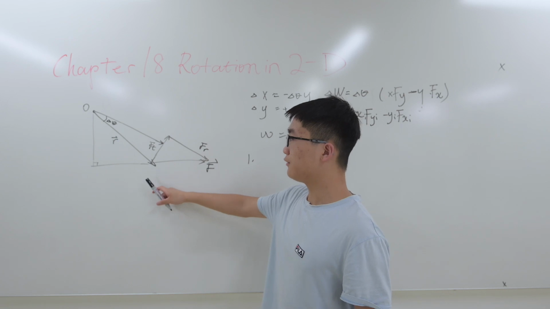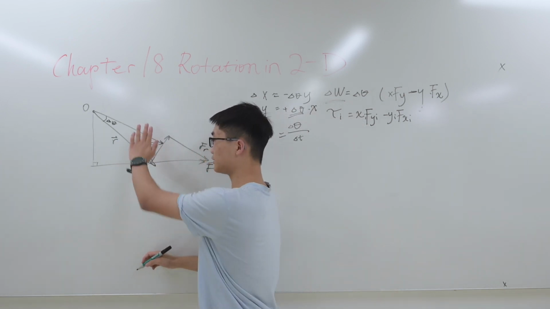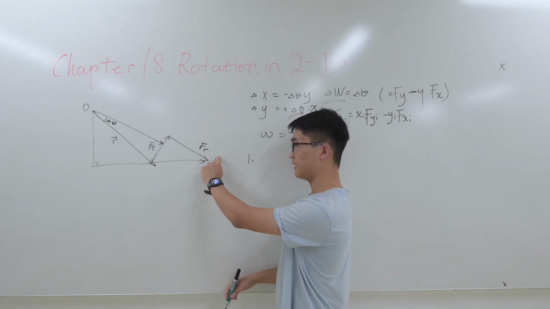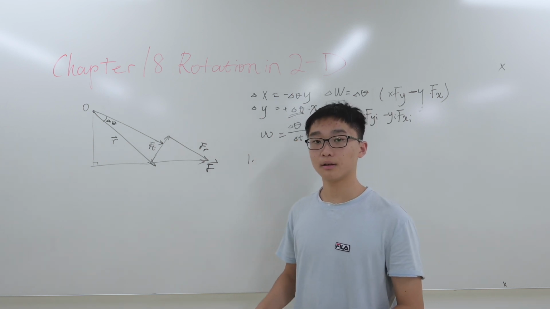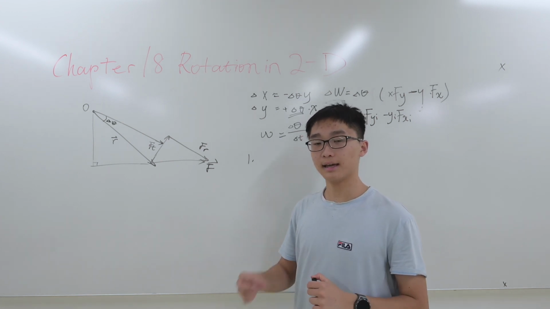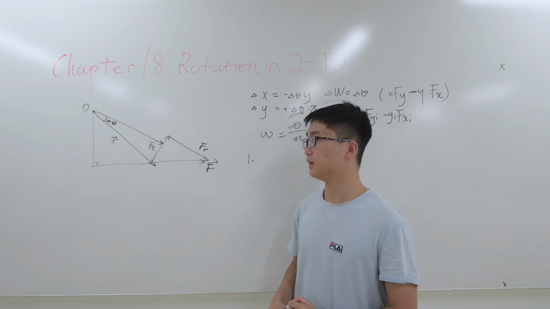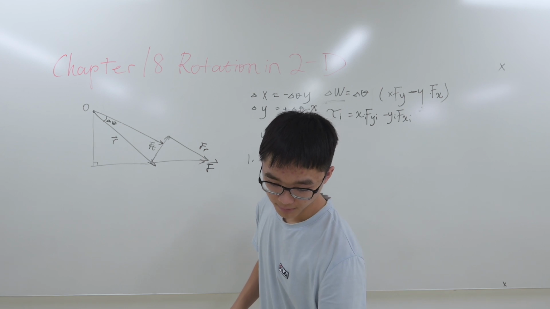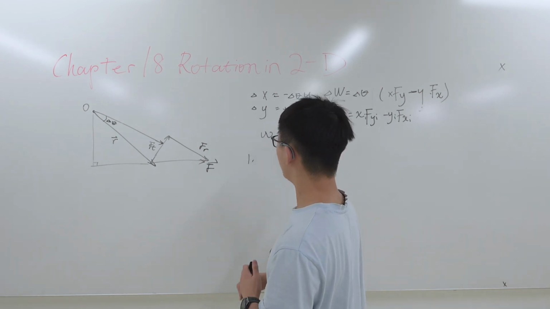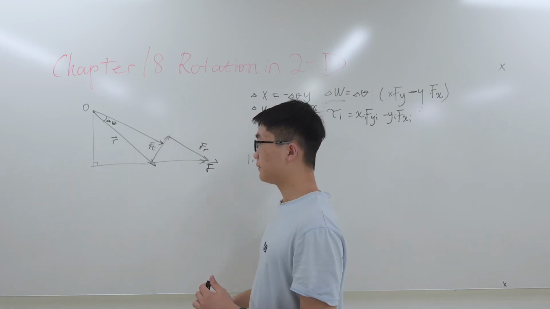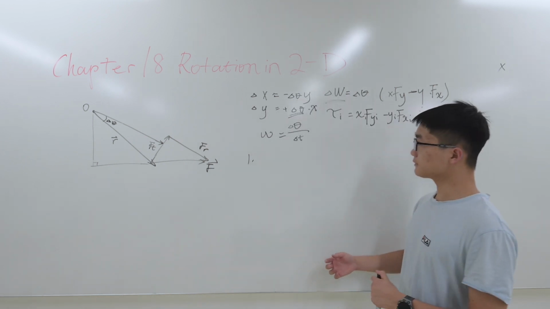which is the component of the force in the direction of the displacement times the displacement. If we just imagine that there is a particle over here and it is not rotating, but it somehow went from here to over here, and there is a force acting on it. Because we know the work done is equal to the displacement times the force acting in the displacement, the force that counts is only the force that acts in the motion of that particle. The force that is not in the direction of the motion, we don't need to consider. In other words, it is only the tangential component of this force that counts when we multiply it by delta theta,